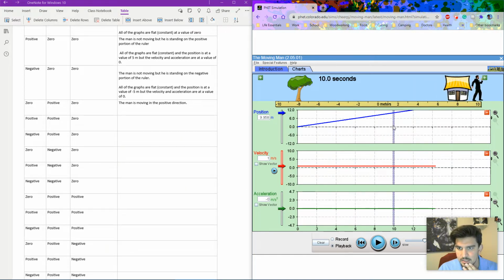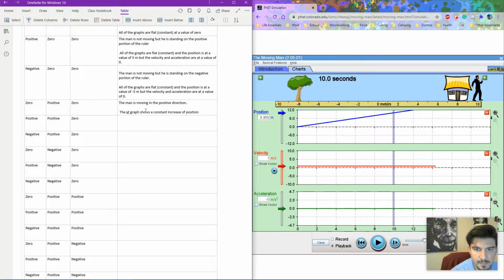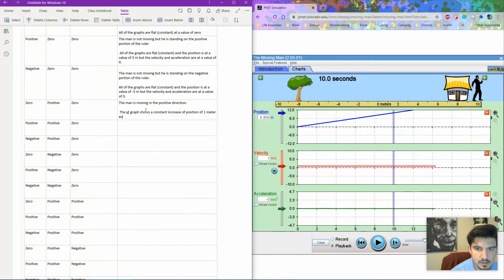But we could jump to the end. We could look at 10 seconds. His position is 10. 10 divided by 10, so 10 meters in 10 seconds means his velocity is 1, which is what we see on the graph here. So we could say the position time graph, and I'm just going to call it xt, the position time graph shows a constant increase or a constant change of position of 1 meter every second. Okay, it crosses the y-axis at 0, that's where he started,